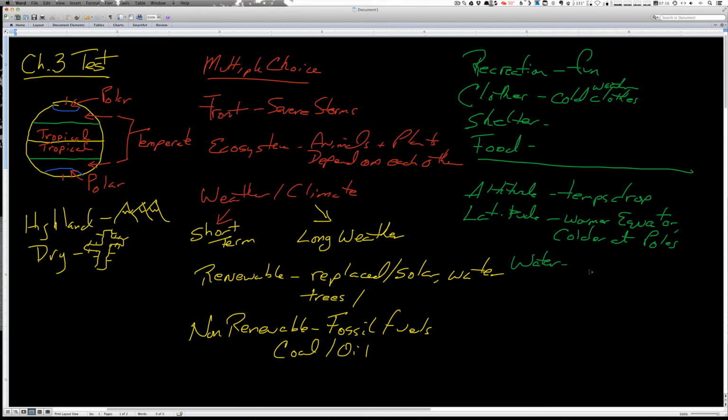We've discussed a couple of things in regards to large bodies of water. We've talked about ocean currents that carry warm water from the equator up towards the poles, and the ocean currents that carry the cold water from the poles back towards the equator. And those affect weather and climate, especially along the coasts of the continents. If a warm water current is coming up from the equator, you're going to have relatively mild weather, like on the west coast of our country. And if you have a cold current coming down the coast of a continent, you're going to have colder weather